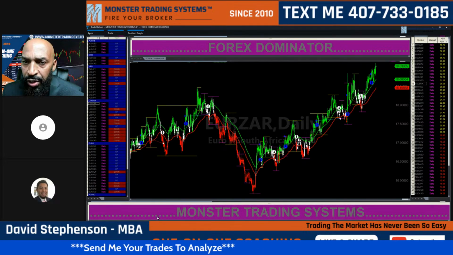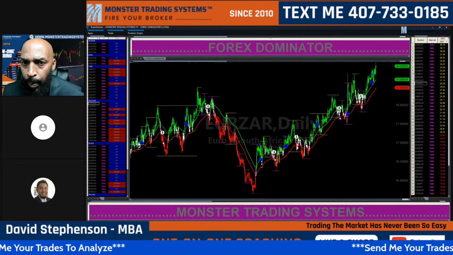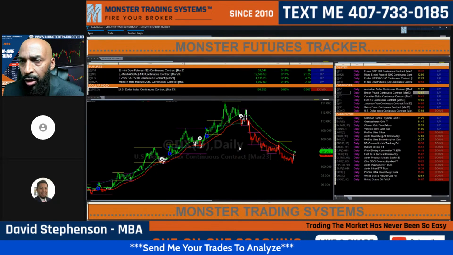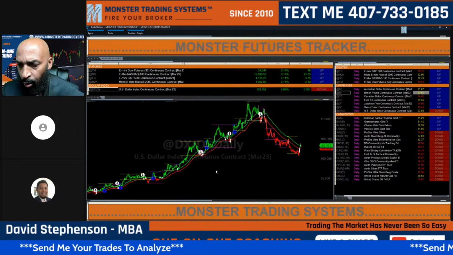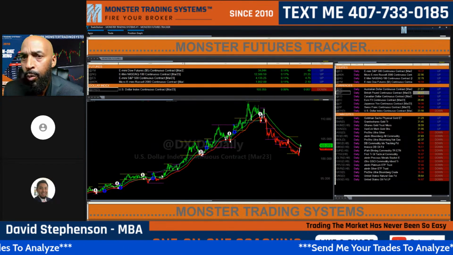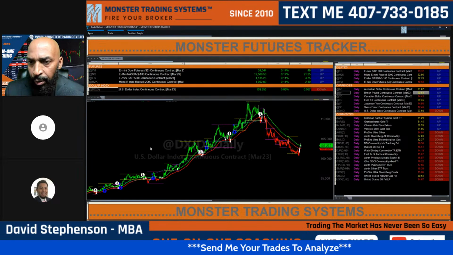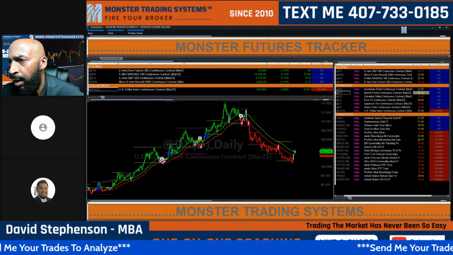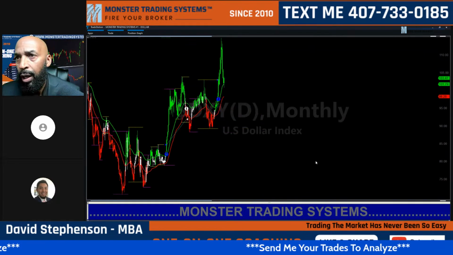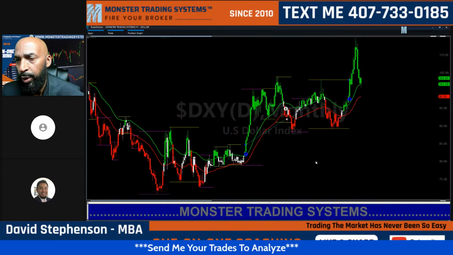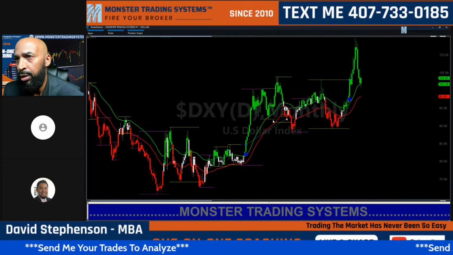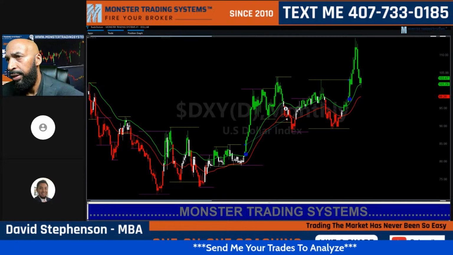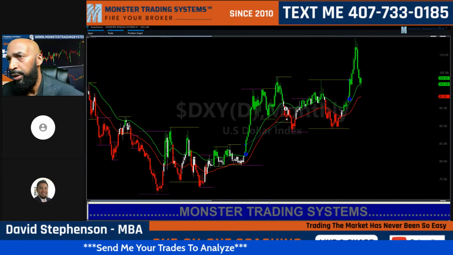What we are seeing here, in particular in the dollar pairs, this is the dollar. Those of you who've been here for a while with us, you remember we traded the dollar and did really well with it. Here's the dollar on the monthly time frame, and we captured almost all of this move. We caught this green candle on the monthly, and we rode the dollar all the way up.